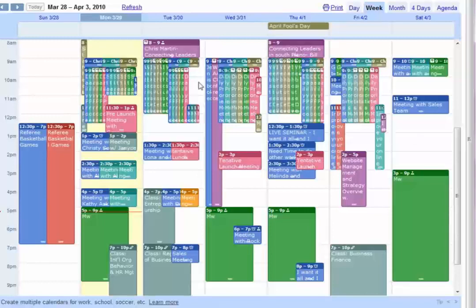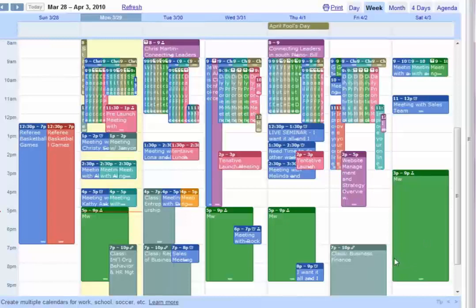So this is really the first lesson on how to use Google Calendar. Once you learn to use this, it will save you so much time. Definitely go to Google and you can type in Google Calendar for iPhones and so forth, and you can easily